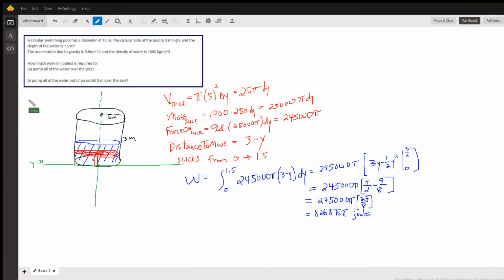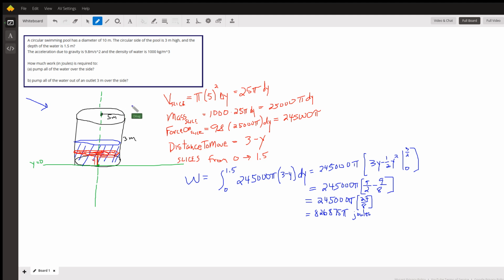Okay, we've got a little sketch here that depicts the situation. A circular swimming pool with a diameter of 10 meters, meaning the radius is 5. The height of the pool is 3 meters, and the pool is filled to a depth of 1.5 meters, which is represented by this blue section. And we want to lift all of this water over the top of the pool, and how much work is